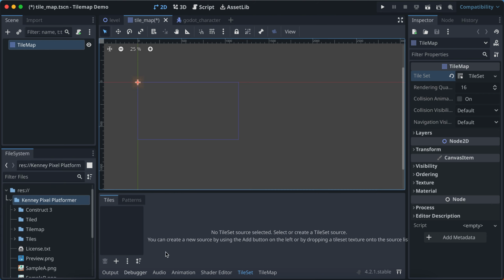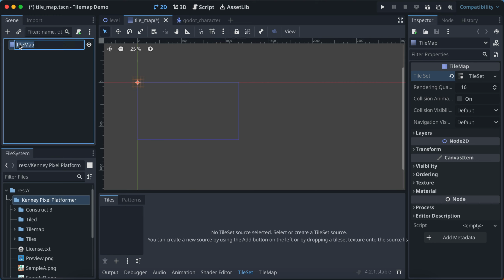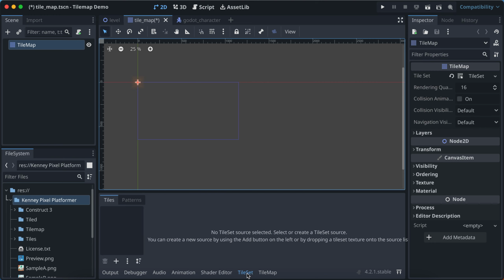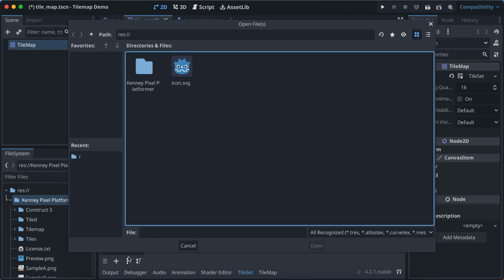So if we're here now, we have our assets. We have Tilemap, the scene, open in the editor window. We have Tilemap, the root node, selected. And then we choose tile set down here because that's asking what set will we use. We don't yet have a tile set. But if we click on plus and we choose Atlas,